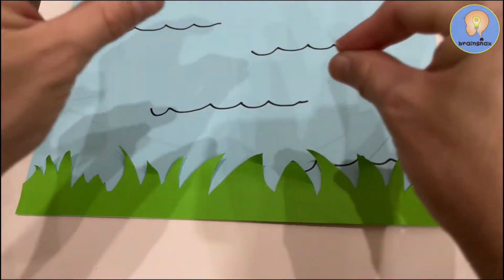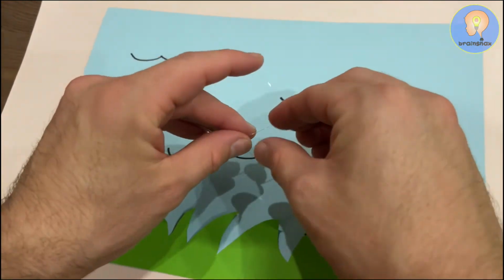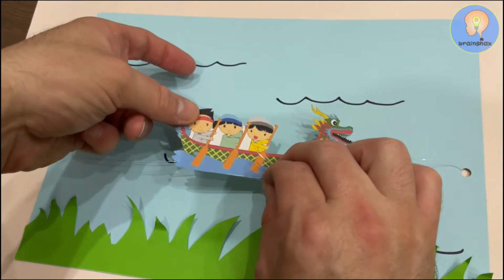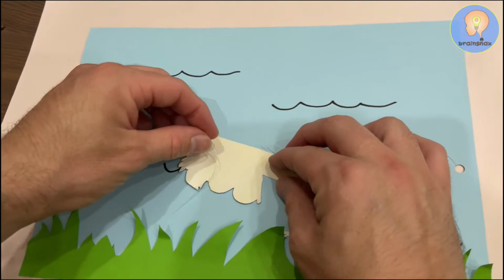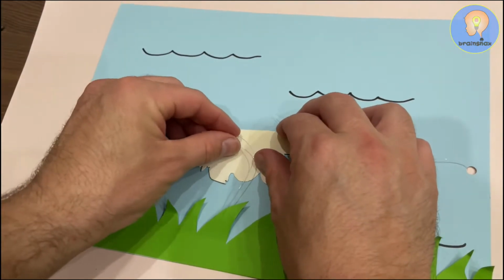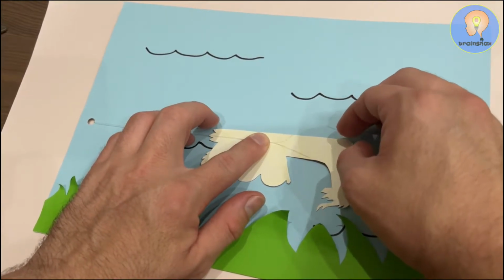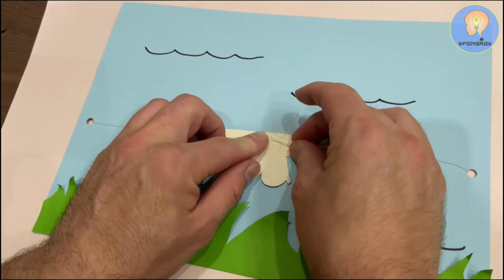Okay, like that. Like that. Now, all I'm going to do here is, I got my dragon boat, which I want to be like this. I'm going to flip it upside down. And I'm going to be cutting this because it's too long. And I'm going to cut it a little bit longer than I want though, because I want to actually use